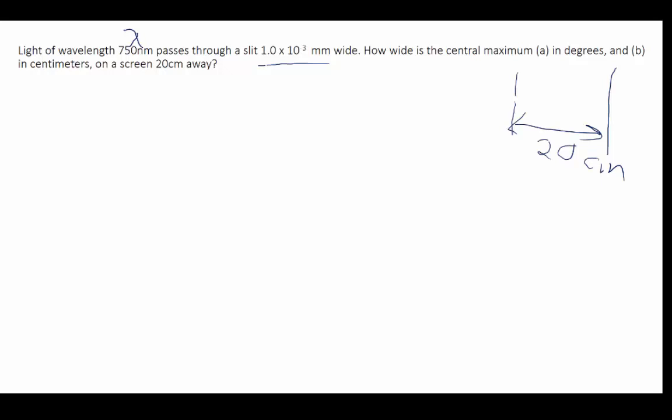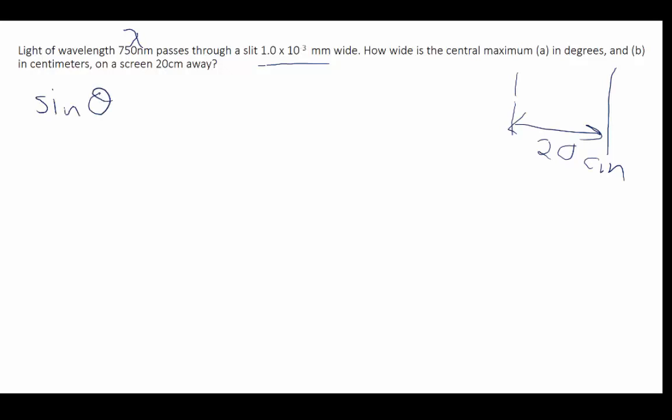So we have all of these numbers in different units, so we have to make sure we keep that in mind. The width of the central maximum goes from the first minimum on one side to the first minimum on the other side. So what we need to do is use the equation